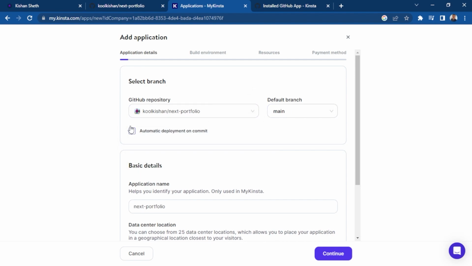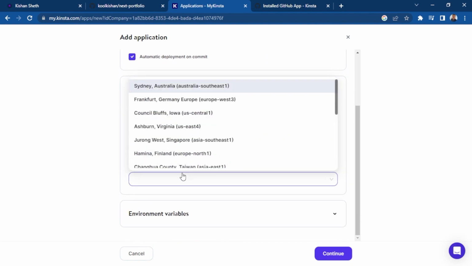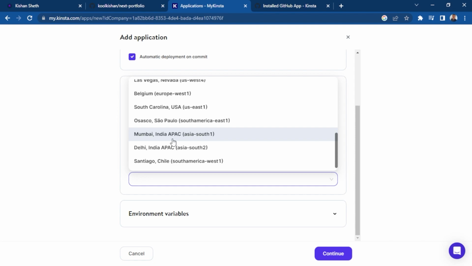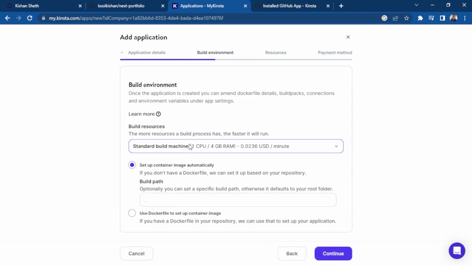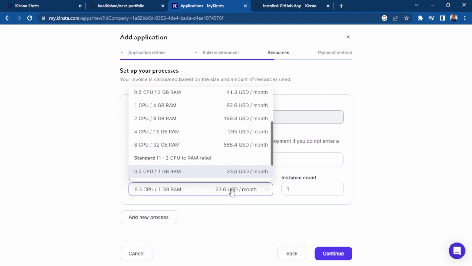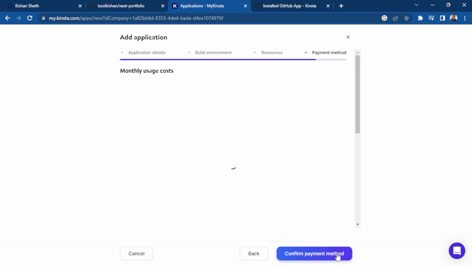Select the master branch, automatic deployment on commit, application name would be next portfolio. I'm going to select my closest data center, which is this, Mumbai. I don't need any environment variables for this application. Hit continue and don't make any changes here. Continue. And for this, I'm going to write npm start here. That's it. And we are going to select this one, hobby tier. Now hit next